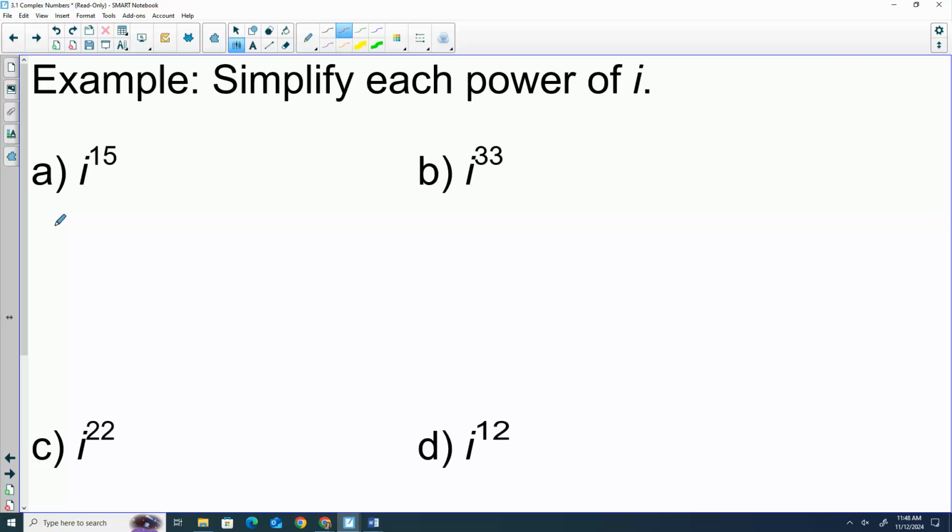So if I said i to the 15th power, what we really have to ask ourselves is how many i squares can we make? If I have 15 i's, how many groups of 2 can you form? 7. 2 times 7 is 14. I need 15 i's, so there is 1 i left. Would you guys agree with that? What is i squared equal to? So we have negative 1 to the 7th power times i. If you have an odd number of negatives, your answer is negative. So this is just negative 1 times i,